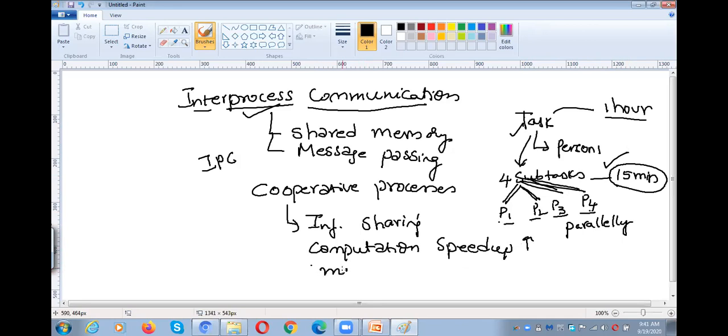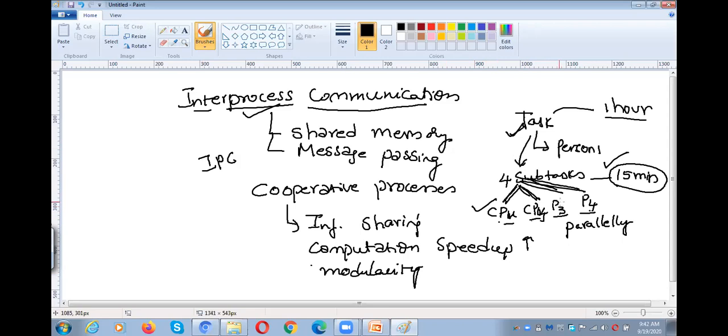Because of the modularity. What is modularity? Dividing the task into subtasks. Here the entire task is divided into 4 modules. Because of that modularity only, we can divide the task into multiple subtasks and assign them to multiple persons. Here in general we call them a person, but in real time we can assign the job to different CPUs.